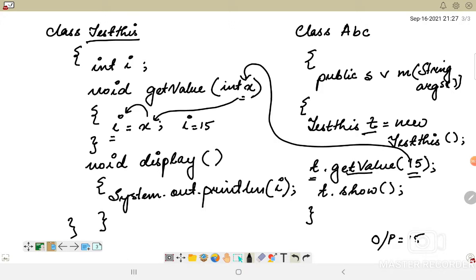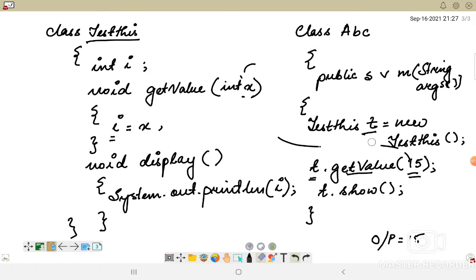This is the ideal scenario in which I am using it. Now let me rub this off first, so that it becomes easier for us to understand. Now suppose I have used the same variable name as the variable in which I am passing the argument.